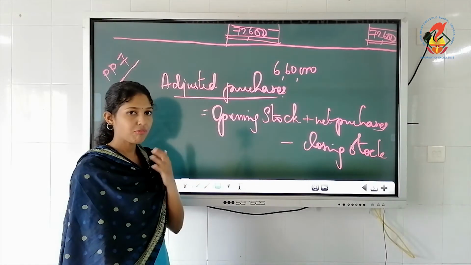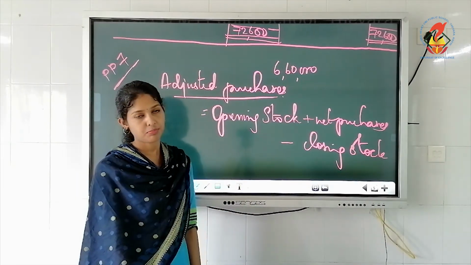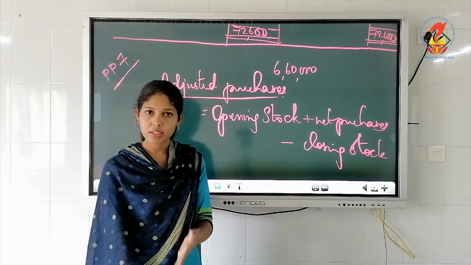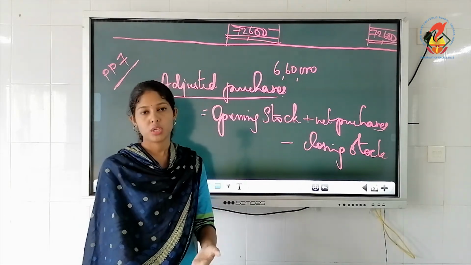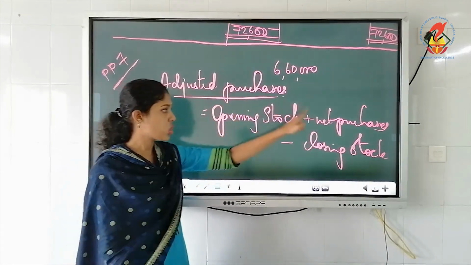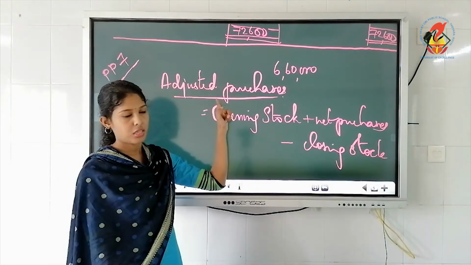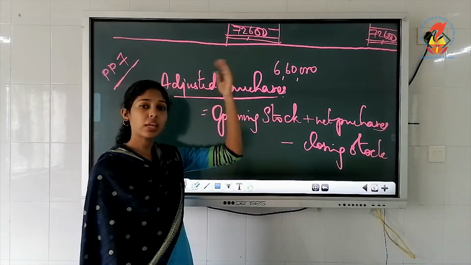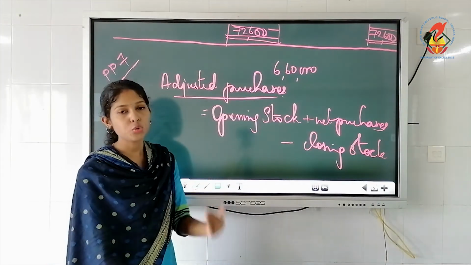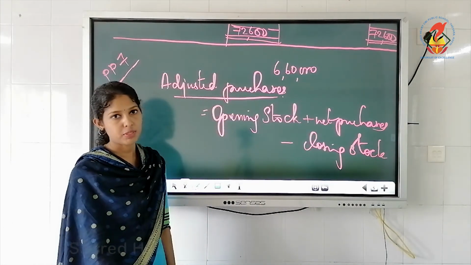Okay, 6,60,000 is the adjusted purchases. So now what you have to understand is all these three items are being adjusted in this 6,60,000. So when you do trading account, usually you will be writing to opening stock, which is not given in the question here, which is not needed also. Instead of that, they have given the value of adjusted purchases. It's not net purchases, it is the adjusted purchases. All these three are getting adjusted. So do you want to write opening stock again? No need. Already we are writing to adjusted purchases. Again you need not write to opening stock, because it's being included in this adjusted purchases.